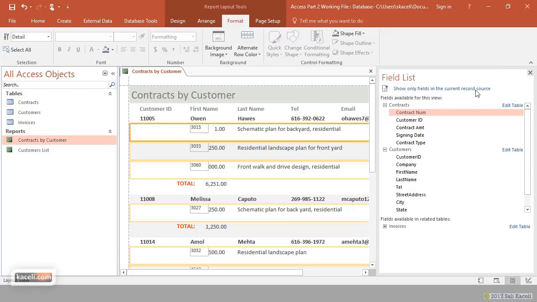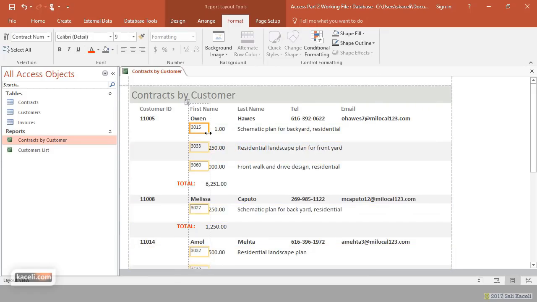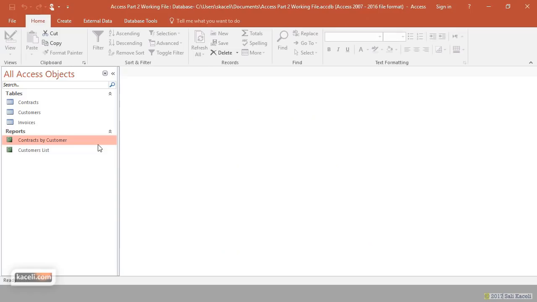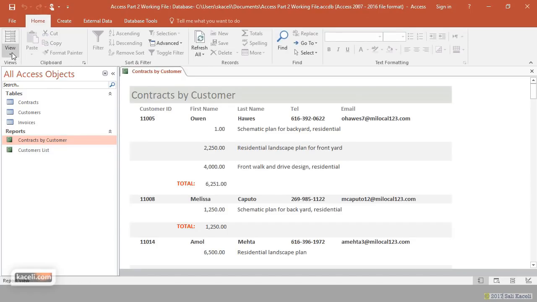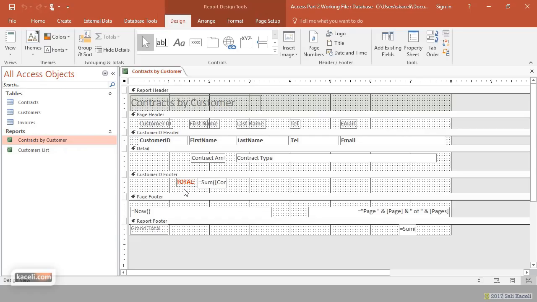The other way to display this field in there, to add this field, and this is what you'll probably use in most business environments, is by using the design view. So if I go here to my report, I'll close it for now, open up the report again and go under view, design view, or I could right click on it and choose design view. That's another way to do it. Now at this point,